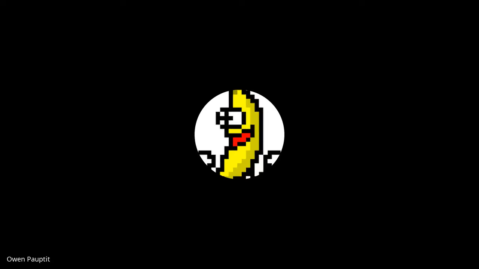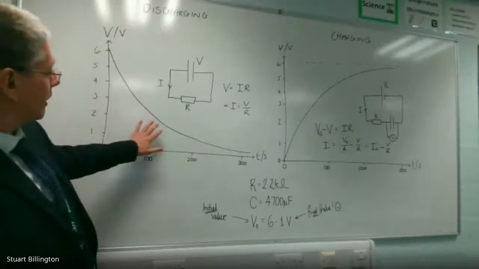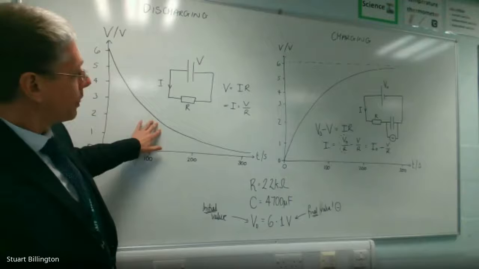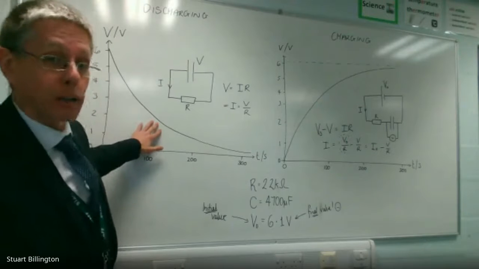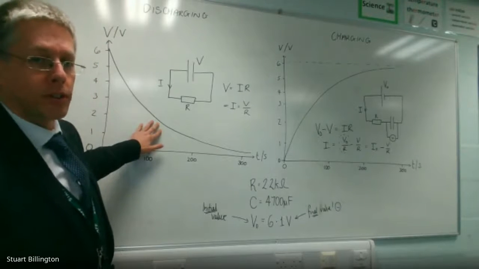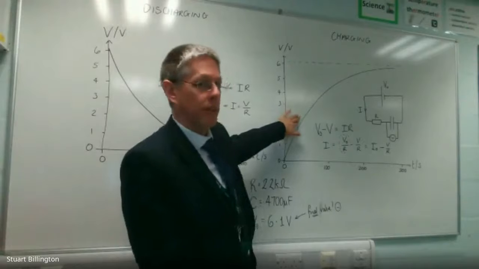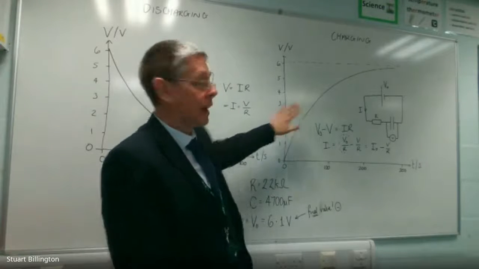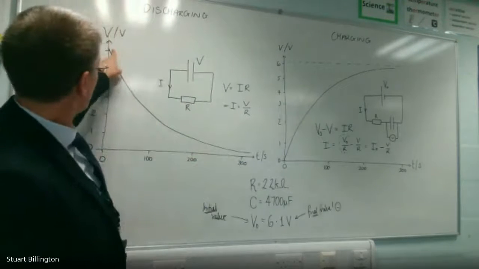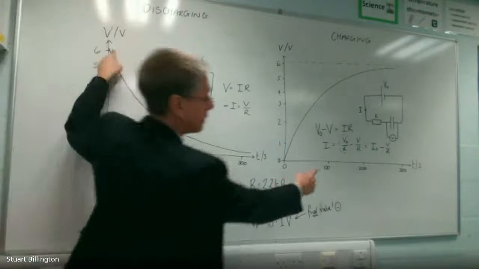Will it be like the graph on the left? Yeah, it will be like the graph on the left. So the current for the charging graph, it bucks the trend. It's not going to be this shape like the potential difference in the charges. It's going to be just like this one. It's going to start with a large current, I0,